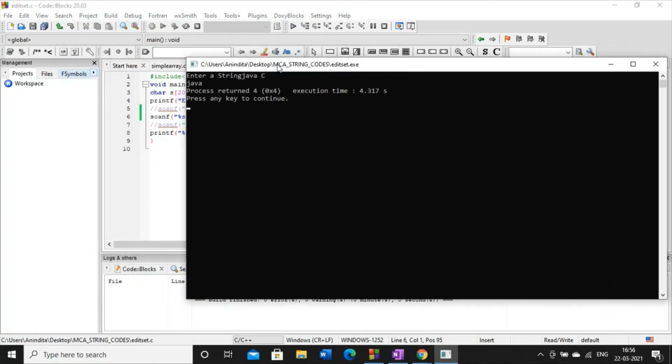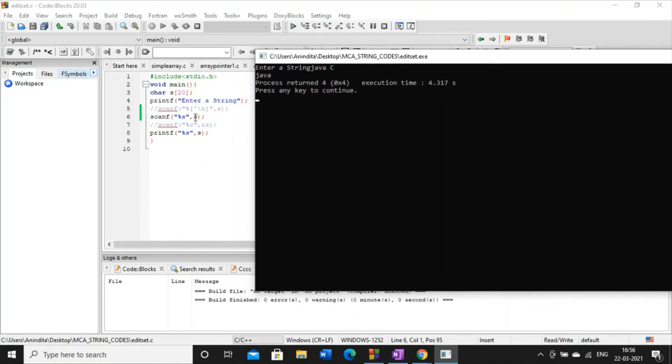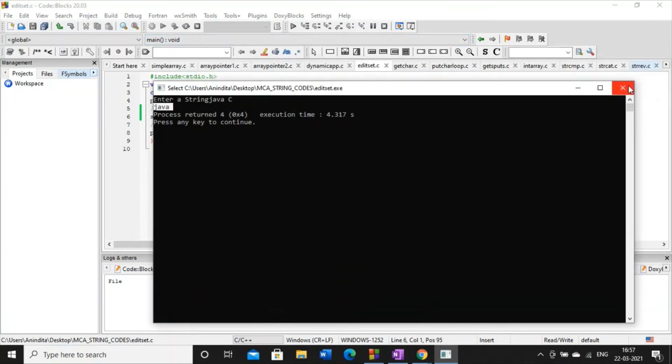According to my discussion, it is proven that our scanf function will not be able to take the value after the blank space. It has only considered Java. After the space we have C, so it has not considered C as an input. So this is the drawback of the scanf function.